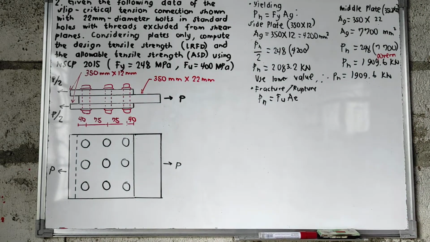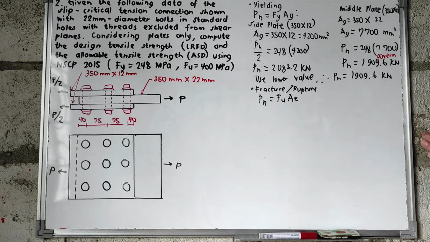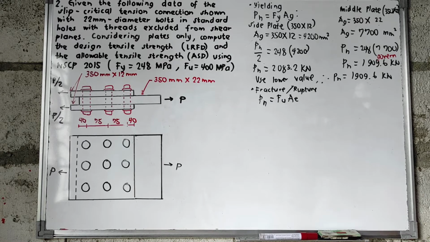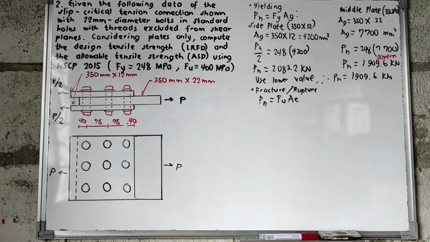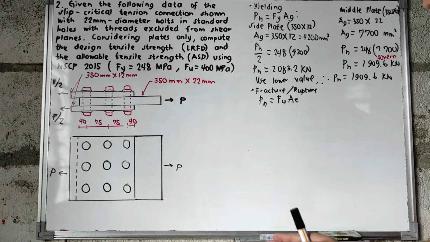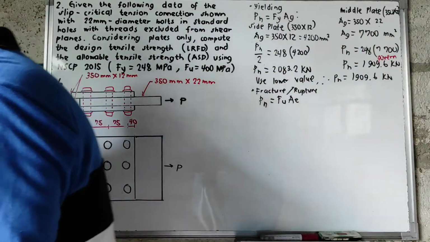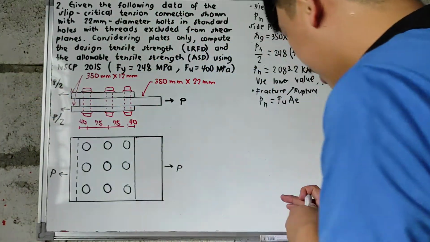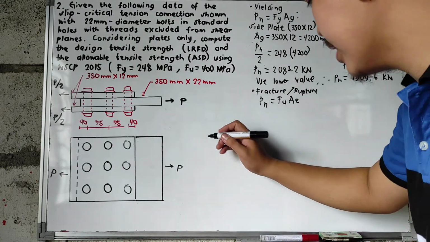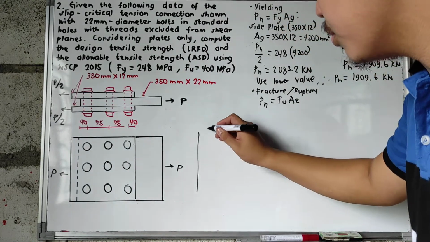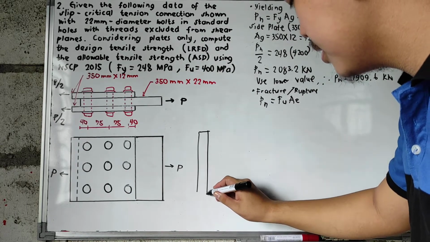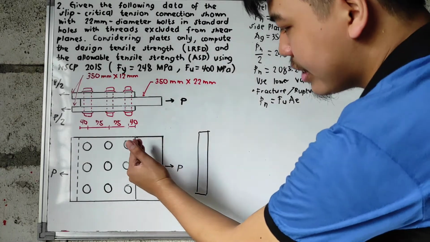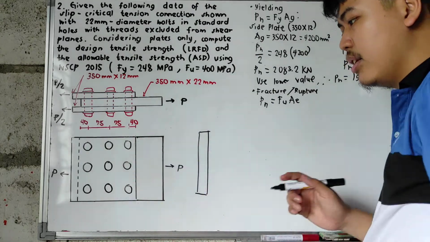Kasi yung gagawin natin is kukunin natin yung net width para makuha natin yung net area, tapos para makuha natin yung effective net area. So, mangyayari kasi is magkakaroon tayo ng critical section sa mga butas natin. So, for this one, we are going to project yung area natin. So, yung buong width niya, that is 350. Kung titingnan natin siya sa side,